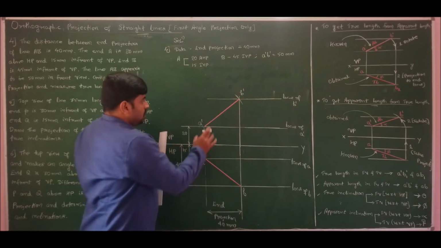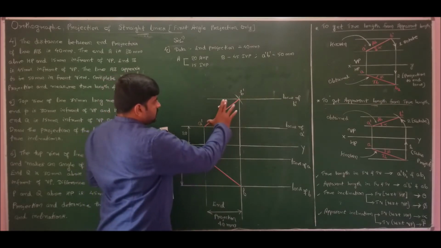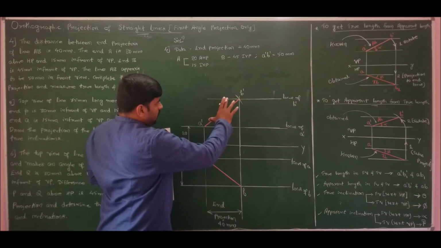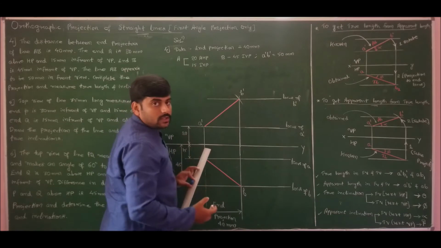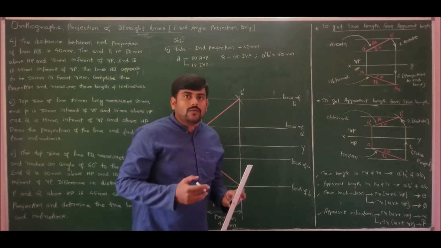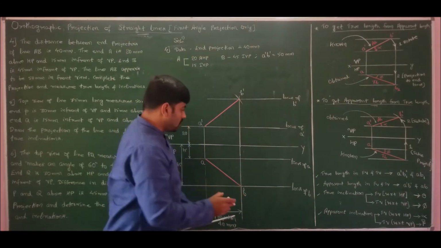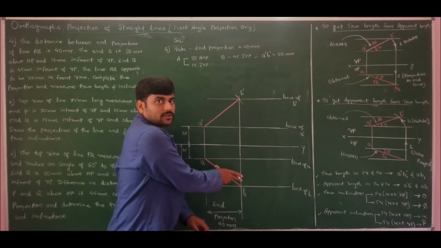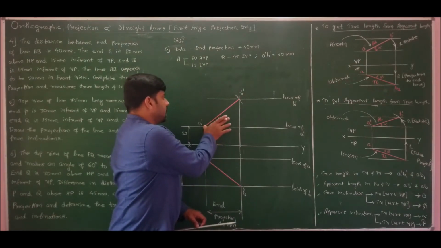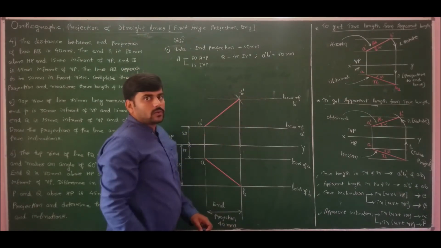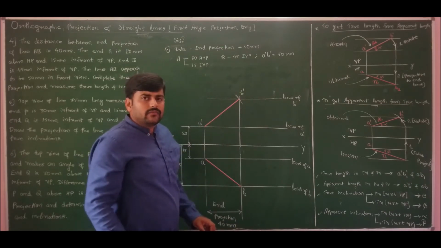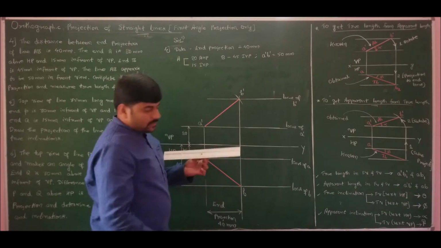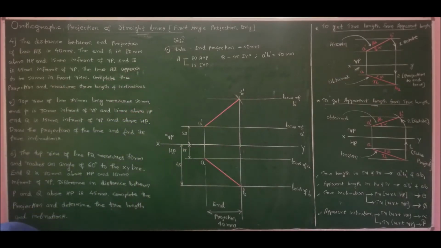Or you do it for only one plane, that is, to get the true length in the top view, first I will rotate and drop the perpendicular and get the true length. We already know that the dimension of true length always remains constant. So once I know the dimension of true length, just fixing at A dash, I know the locus, cut an arc for true length, and directly we will get the true length, marking in the front view. If I do that, we should do first